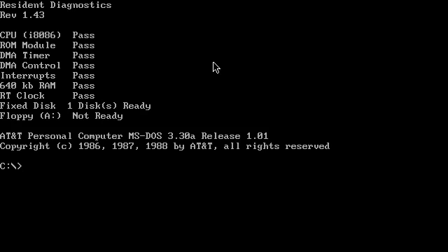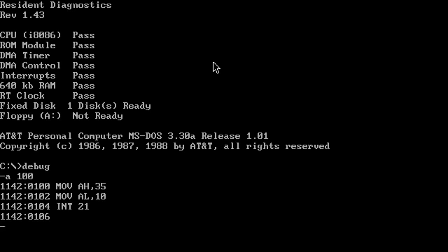Yes, indeed. This is AT&T MS-DOS 3.30A. It's pretty awesome. All right, so let's go ahead and try that again. So what did I do? I wrote a small assembly language program where I said move AH 35, move AL 10, and then int 21. That was it, right? And the registers